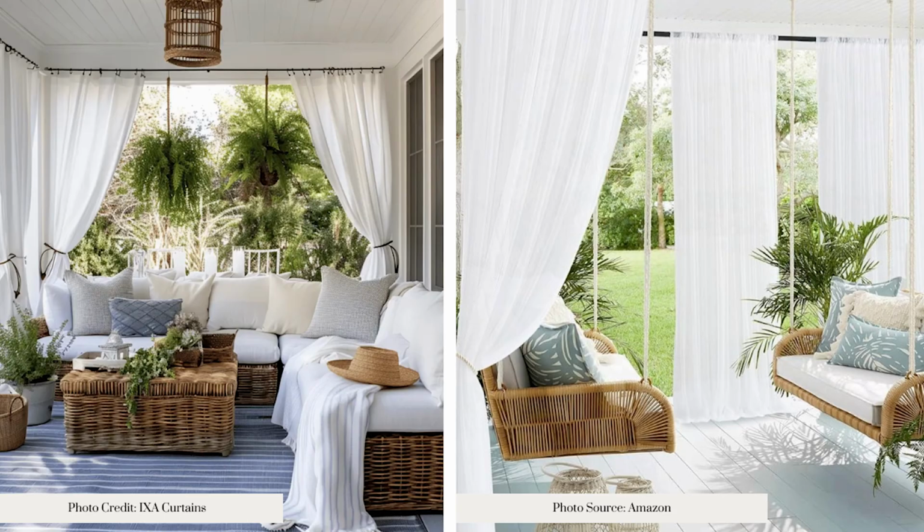And finally, drapes. So in the past, I have set up drapes on my screened-in porch and I absolutely loved the look. However, these are not something you can use season over season because of the weather during the warmer months. I'm thinking rain, hail, and even pollen. By the end of the summer, they're